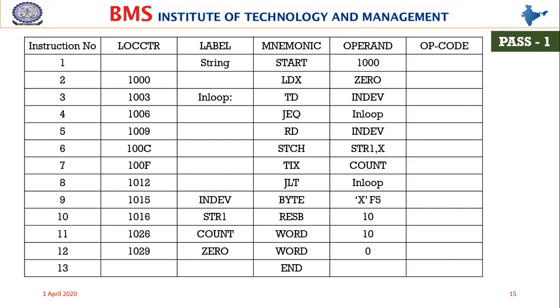In our program, the instructions at rows 2, 3, 4, 5, 6, 7, and 8 are the only 7 instructions: LDX, TD, JEQ, RD, STCH, TIX, and JLT. Only these will be converted into object code, wherein the mnemonics will be converted into opcodes,